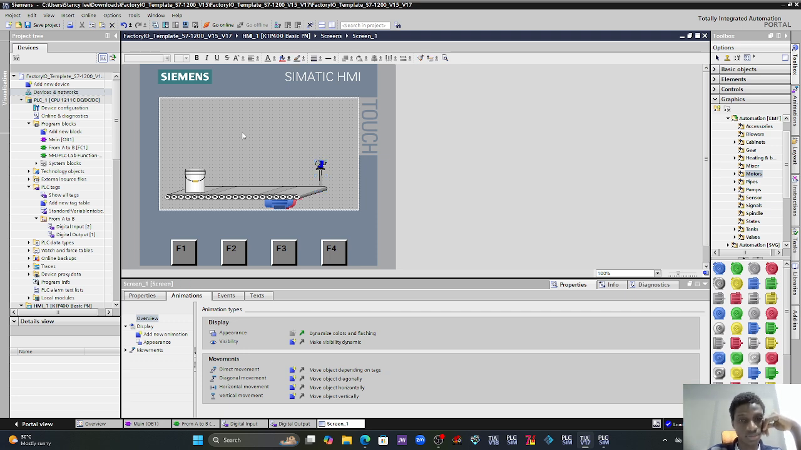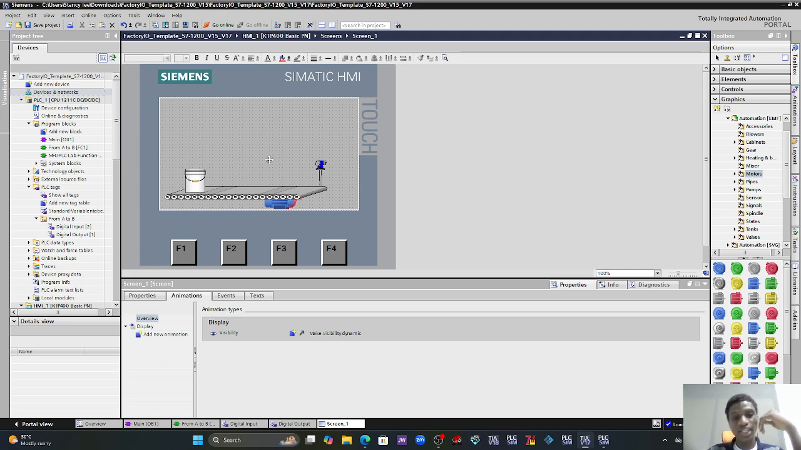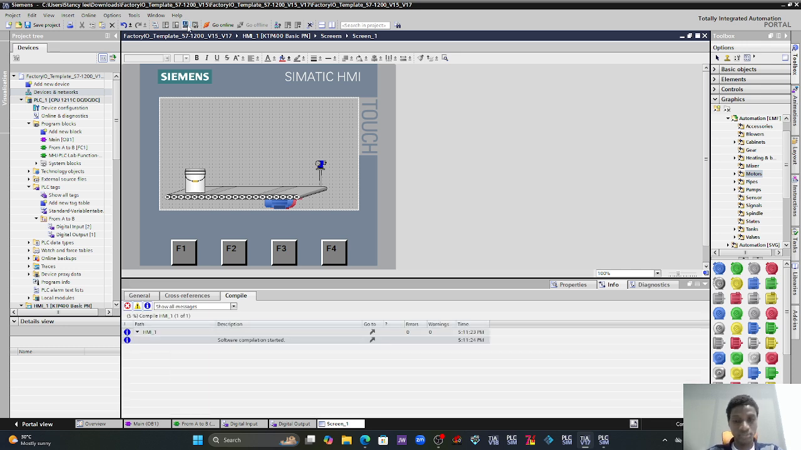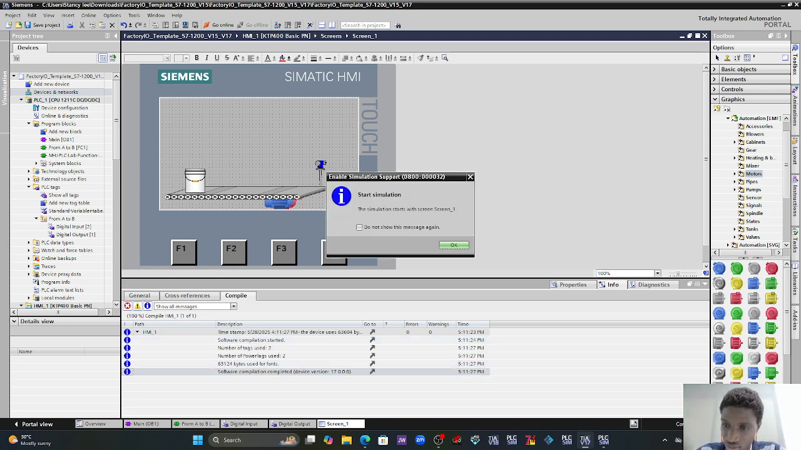Okay. So let's see how far we've gone first, before we come back to this conveyor. Now to start this, we just use this icon here, the start simulation icon. Okay, start simulation. For the light compile, yes, it's compiling here. It's not compiling, start simulation. Okay,